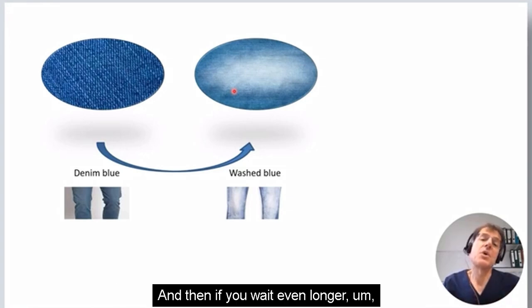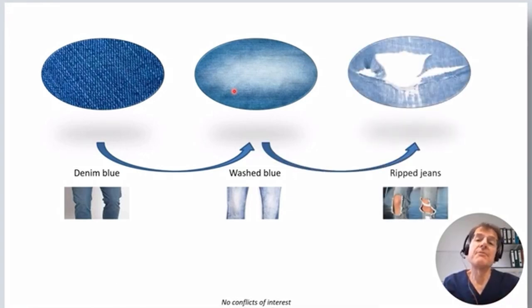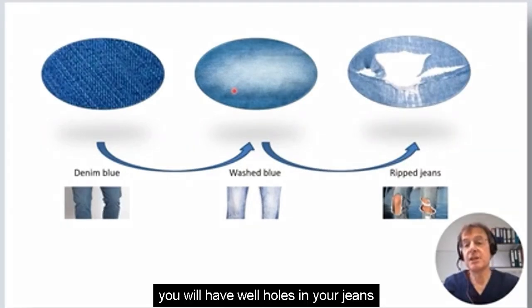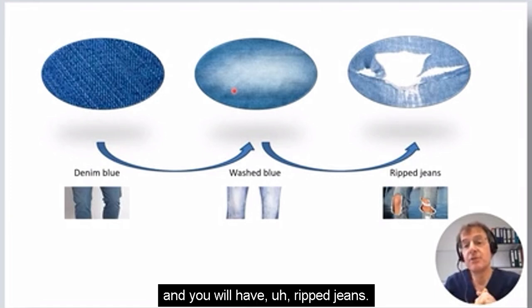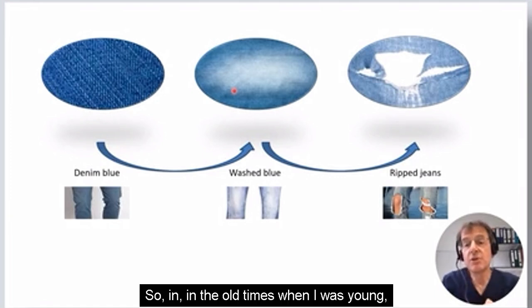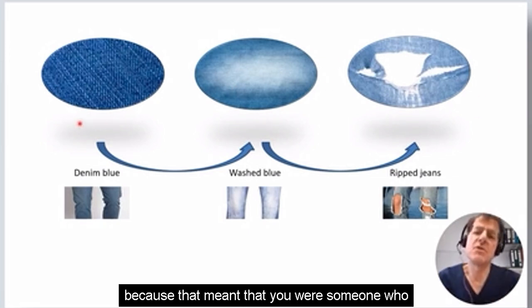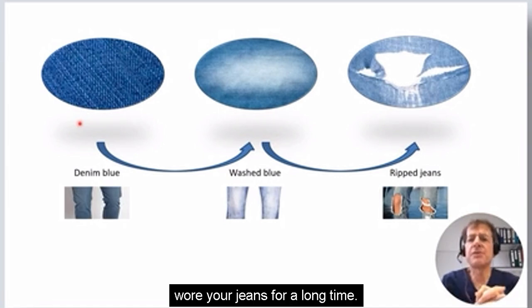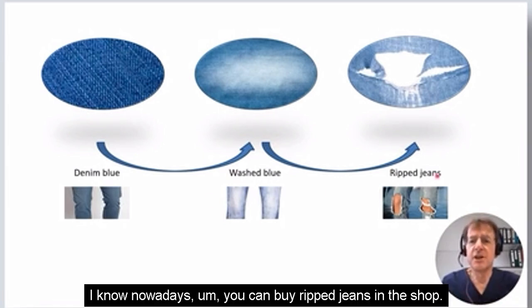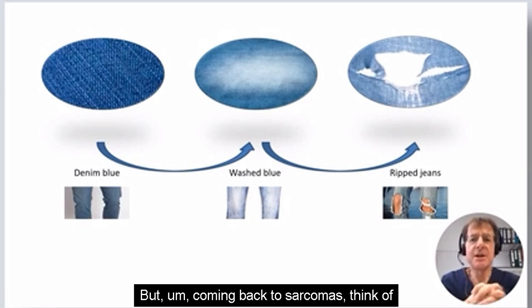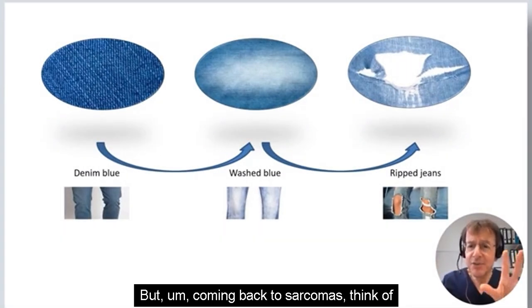And if you wait even longer, you will have holes in your jeans, and you will have ripped jeans. In the old times when I was young, a very long time ago, it was nice to have ripped jeans, because that meant that you were someone who wore your jeans for a long time. I know nowadays you can buy ripped jeans in the shop, but coming back to sarcomas,